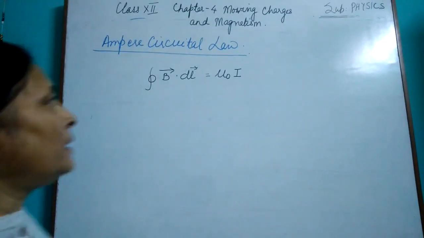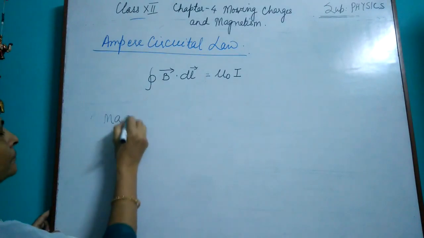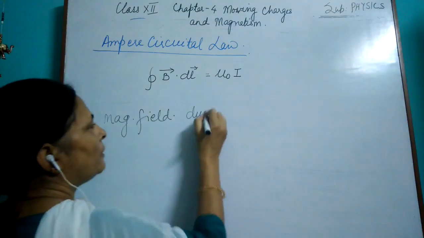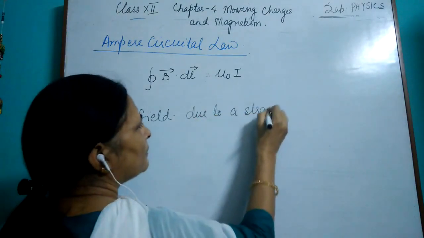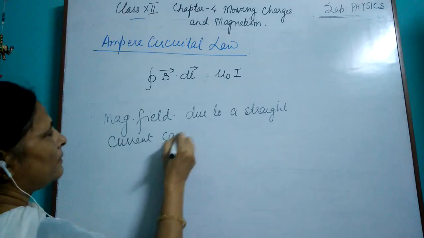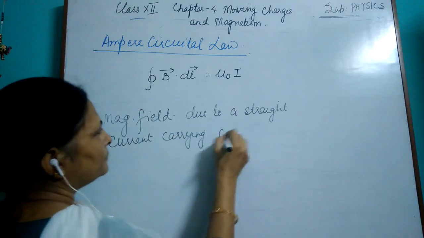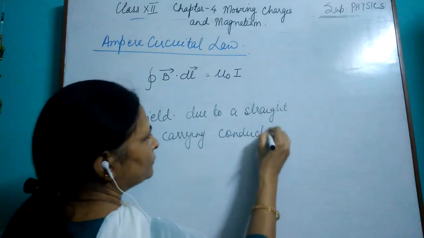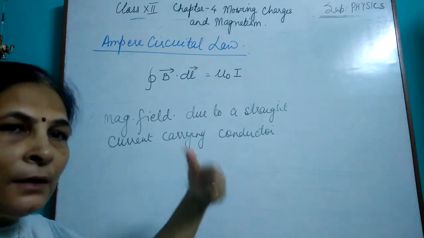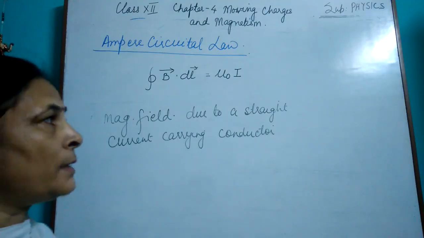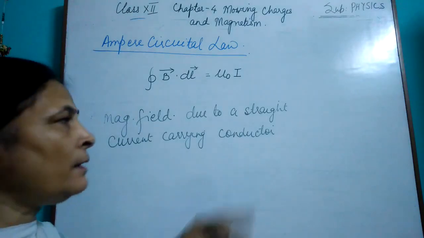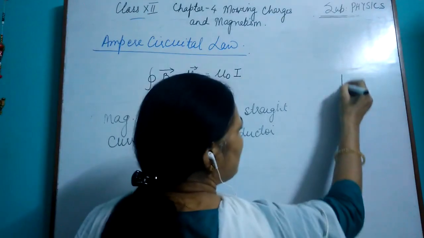To find out the magnetic field due to a straight current carrying conductor. See, just try to understand. If you understand the first concept, then it will be easier for you to understand the next ones. Like if you understand it for the plane sheet of charge or a line charge, it becomes easier for you to understand the other. See, let us consider